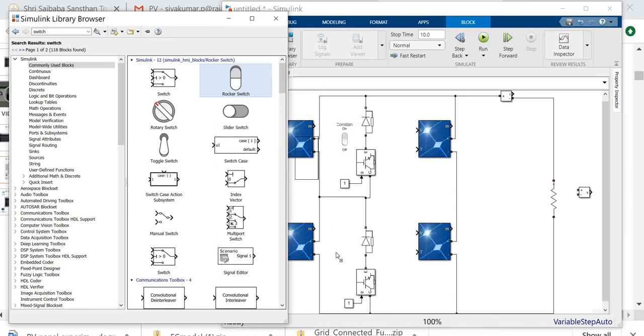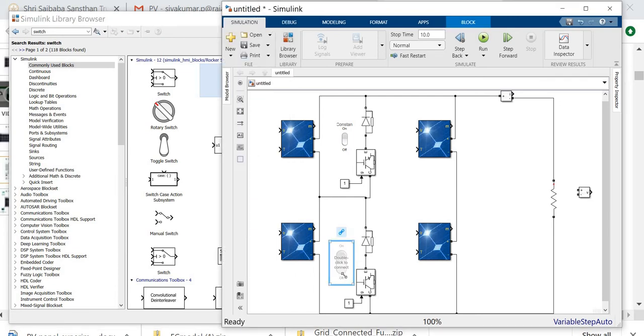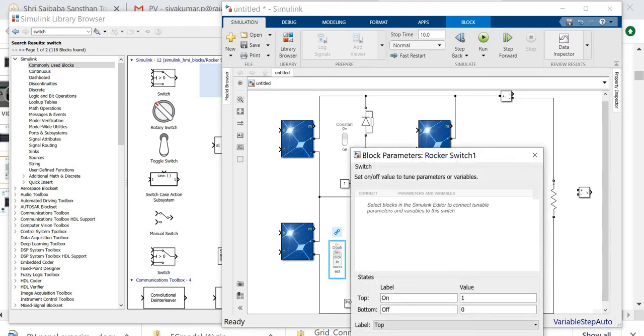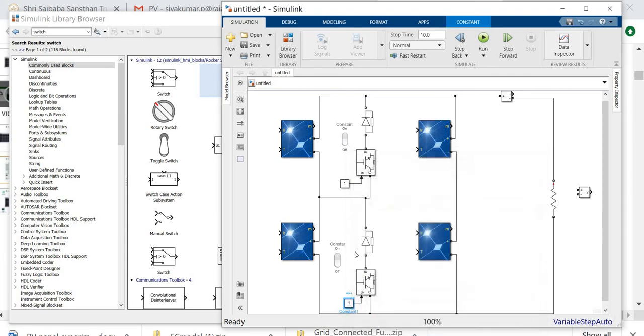Again, further I simply drag and drop the switch. Double click the operation and select the constant. This is the constant of value one. Apply, then OK, which may go to 0. If it is connected to 0, it may be highlighted. Suppose it is 1. The same setup is needed here, so for that purpose I connect it like this.